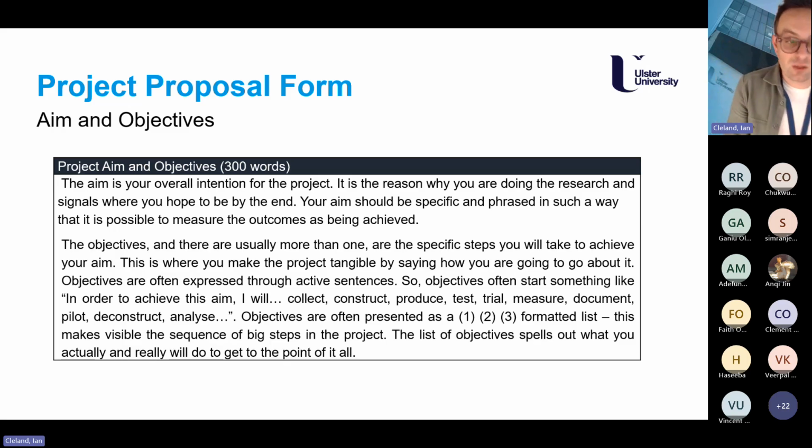And then our objectives, and we can have multiple objectives, are the steps that lead us to meet our aim. So it might be that our first objective is to conduct an in-depth evaluation of different deep learning architectures that have been used for skin disease classification. And then from that review, choose 3 or 4 architectures that we're going to implement to apply to this data set that we have.